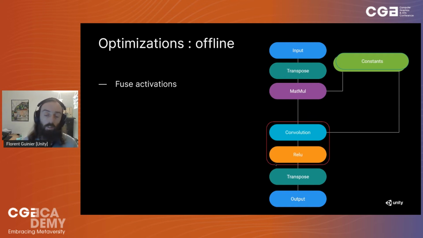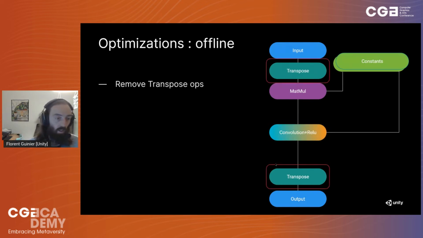Here, it's a little bit of a different example. You get a convolution, which is super IO intensive, and you get a ReLU, which is absolutely not IO intensive, but still needs the bandwidth. So if we fold the ReLU, basically if we do the ReLU in the same operation, the same kernel, at the end of the convolution, then we will save that bandwidth. So we do that.